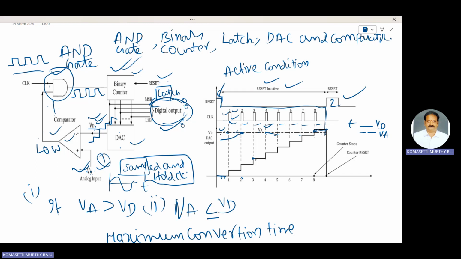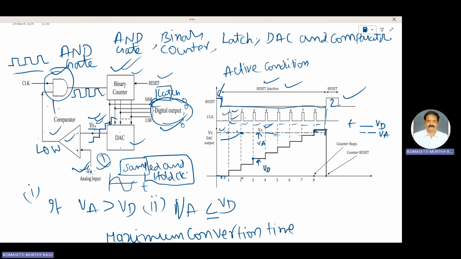This one is VD, and this one is VA. At that instant, VA is greater than VD. Again, the output of the comparator is 1, allows the third clock pulse, and so on up to the 8th